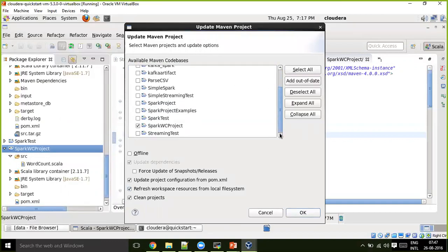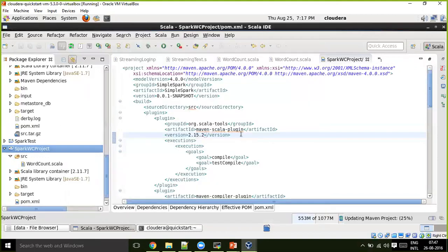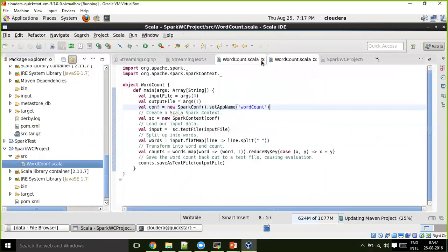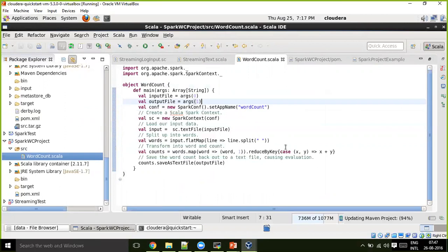And select only our project, don't do it for all. Once you update the project, all the syntax errors will go away. So if you build it now, if you build it as a jar,